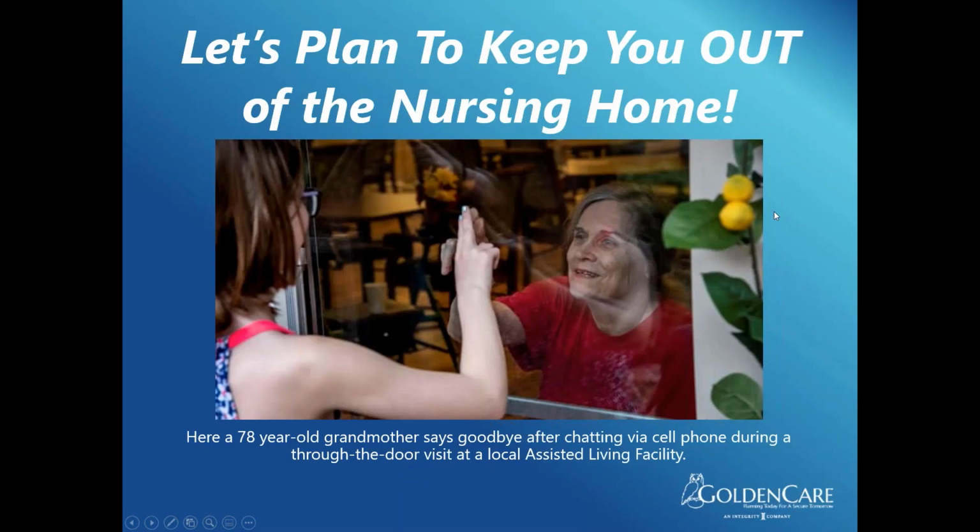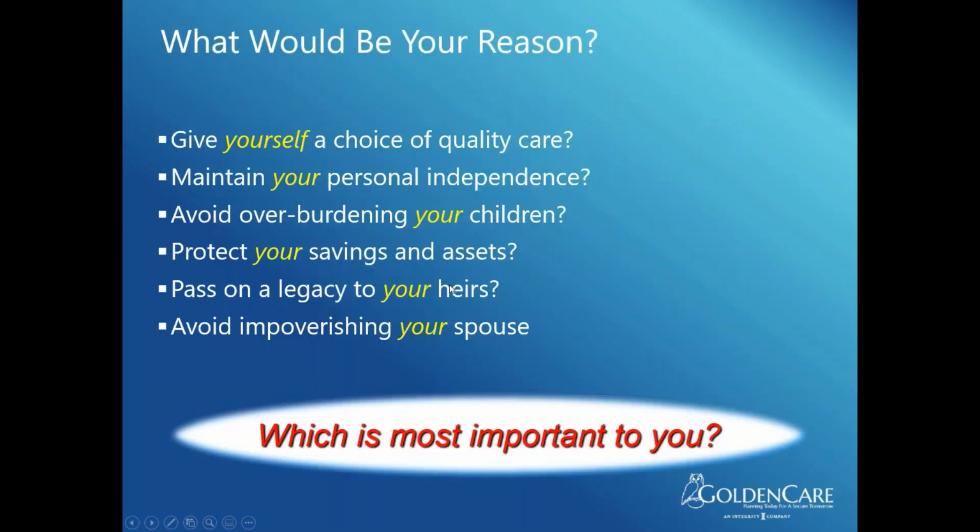By the way, we're getting close to wrapping up here, and I'll turn it over to questions. But let's plan on keeping you out of the nursing home. When you do a long-term care plan, I can't guarantee them they're not going to go to the nursing home. No one's going to say that. I don't want you to say that. But I'm going to put a plan together that's going to give them the most ammunition possible to keep them away from that. Because long-term care does have all levels of care. It does care for everything we can do.